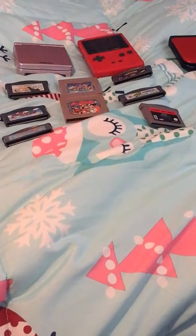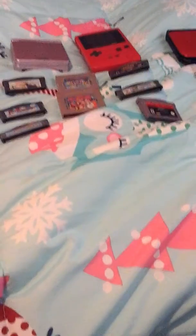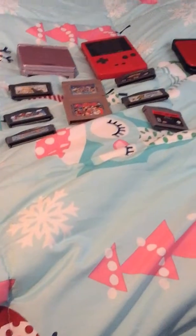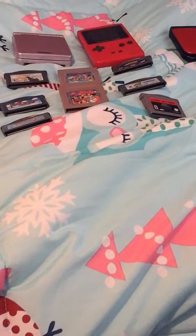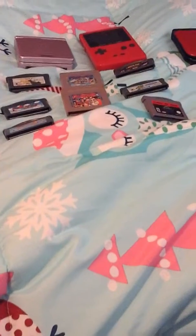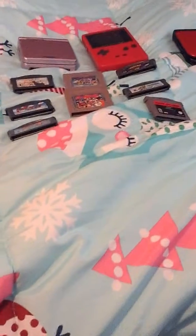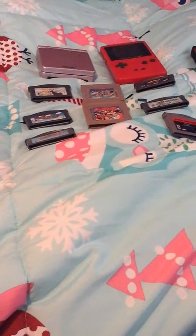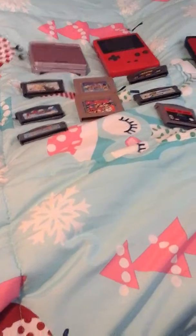Specifically, it's hard to think about a Game Boy without thinking about Pokemon. I think my friends and I played Pokemon literally every single day that we could get away with it, and it was hard to find one of us without a Game Boy Color in our pocket with a Pokemon game loaded into it. Specifically, I can remember not only battling and trading and all those things